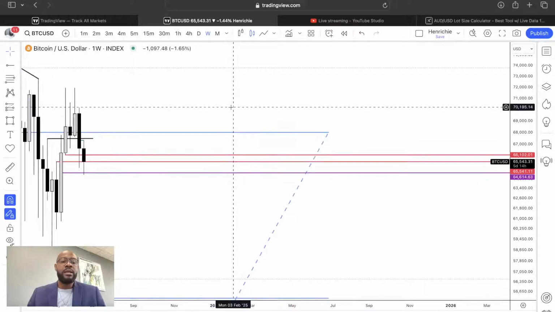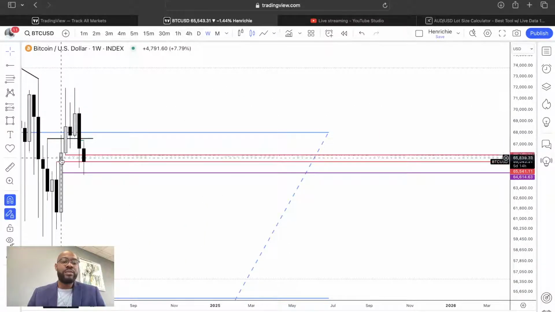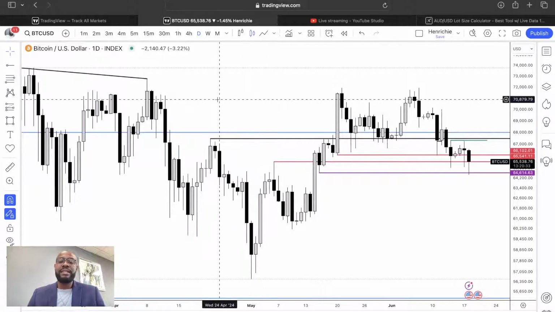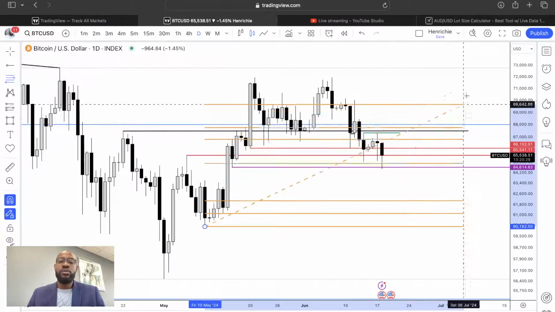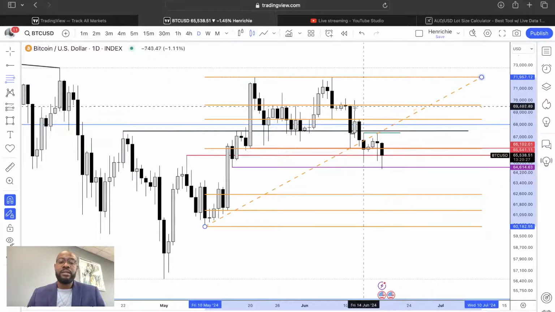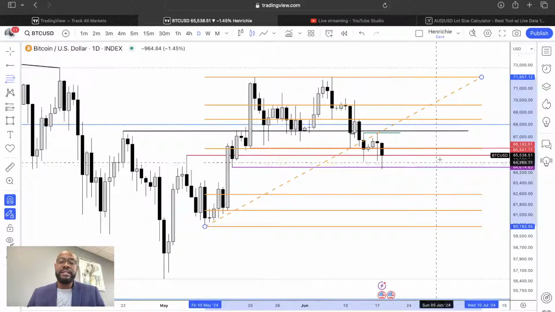You can see the inefficiency that was here last week. I said this inefficiency, I wouldn't be surprised to see price come down to close the inefficiency completely. And right here, you can see very nicely it's been closed completely. So if we start to scale down into the daily time frame, ranging from this low to this high right here, you can see right there, we're currently in discount position.